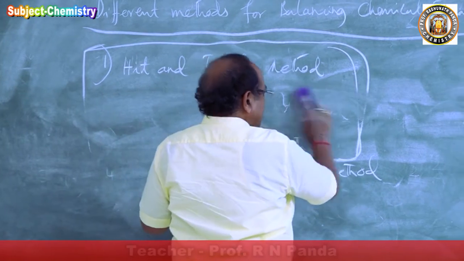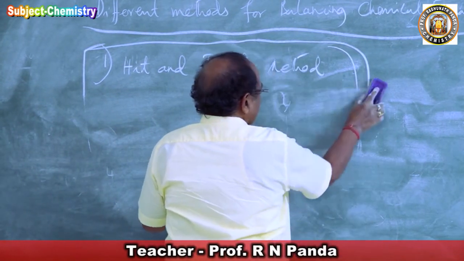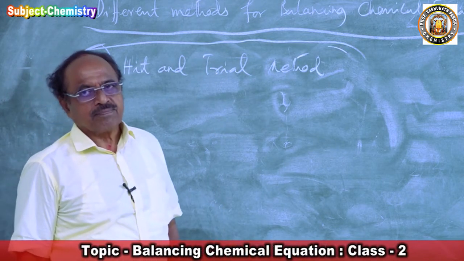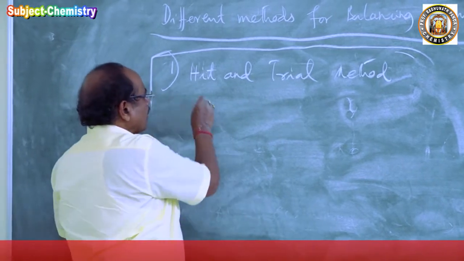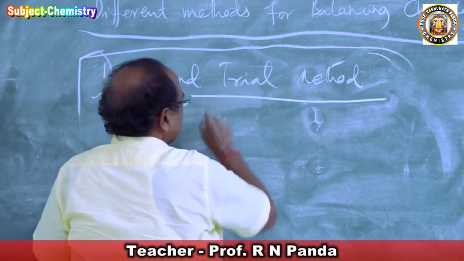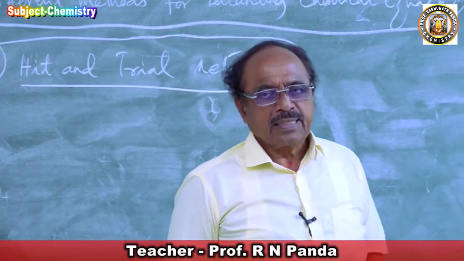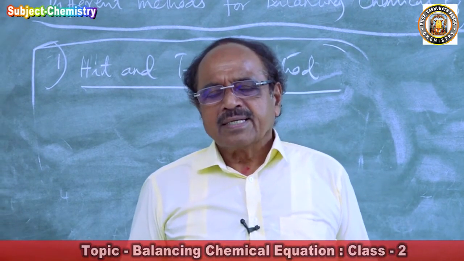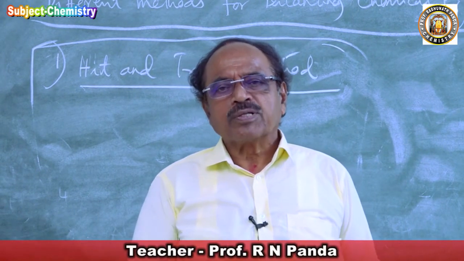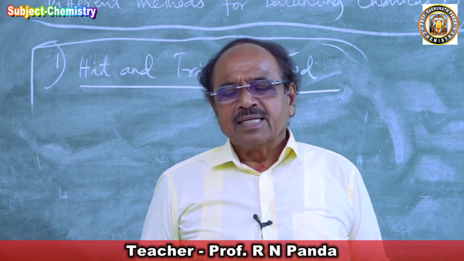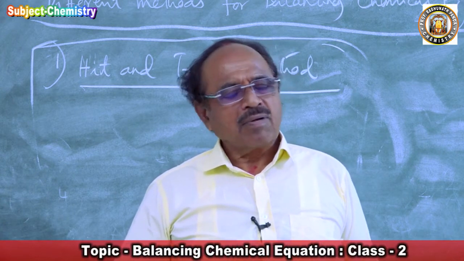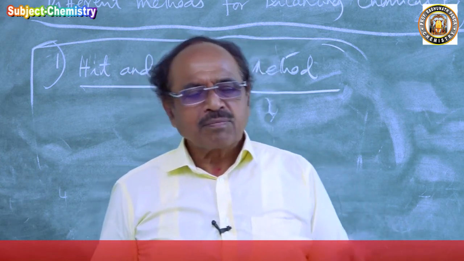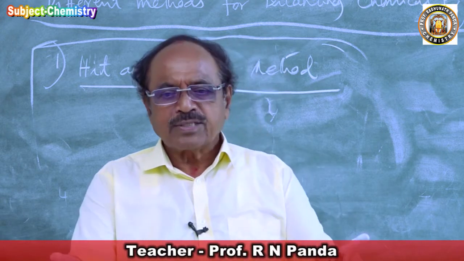chemical equations. The method which we were doing just now is called the hit and trial method. What do we mean by the words hit and trial? You must have heard the story that two cats collected cakes and quarreled between them, then went to the monkey. What did the monkey do? He put one cake on one side of the balance and the other cake on the other side. Then from the heavier one he took something, while the two cats were observing.